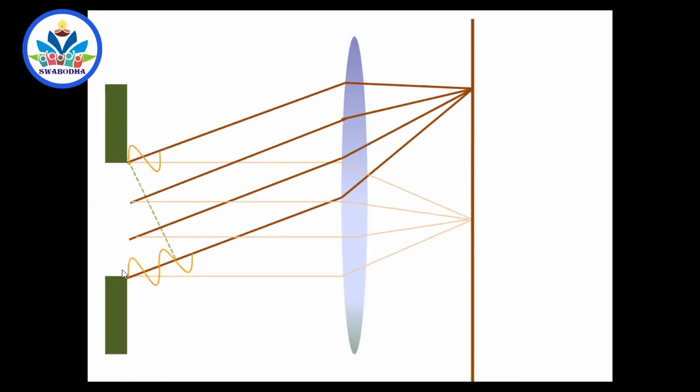And if the path reference is n plus half lambda, then it is a bright fringe. For example, if it is 1.5 lambda, I am considering the path reference between the wave starting from the top of the slit and the bottom of the slit only. This one is traveling a nearer path to reach here. This one has to travel more path. What about the waves starting from different points in between? They will have to travel more, but not as much as this one. This wave has to travel a little bit more. So the path reference between this and this is 1.5 lambda.